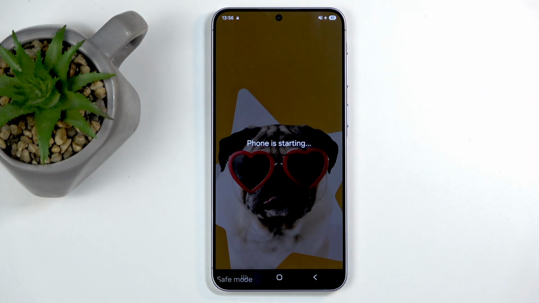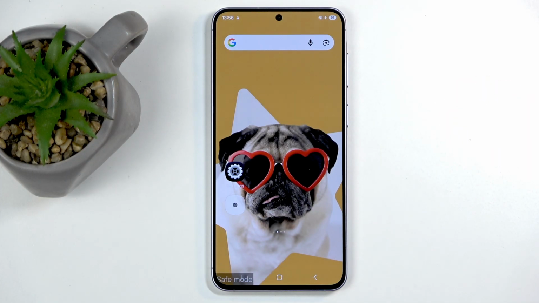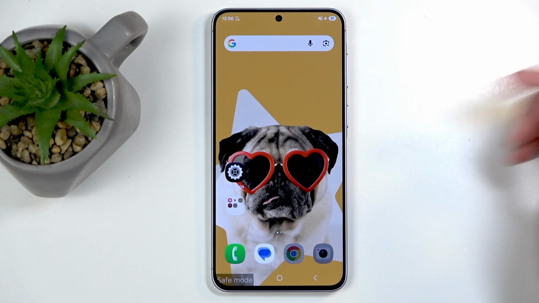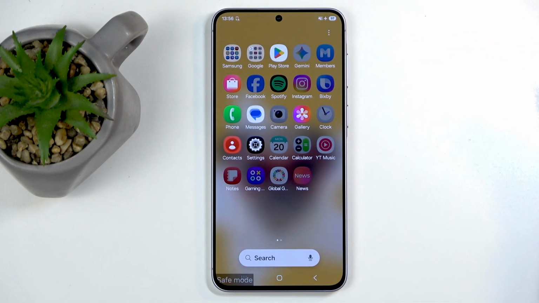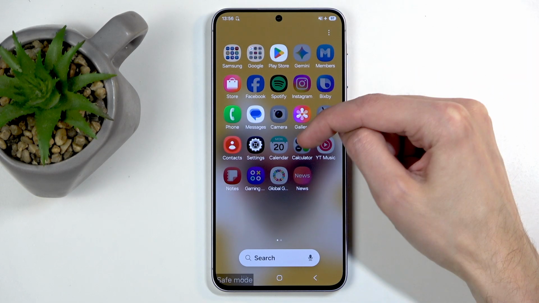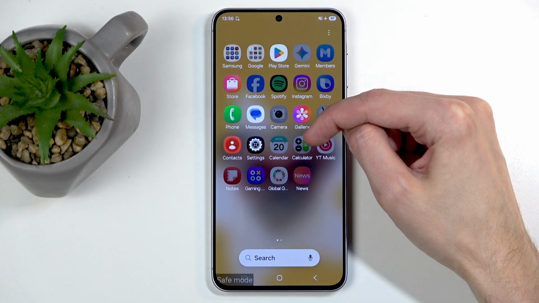Okay, so you can see we're now back in Android. We do have this safe mode watermark right here, to let us know that we're in the desired mode. And while we're in this mode, a lot of the applications that are on Samsung will not work. So these, for the most part, are primarily default applications, and you can see there is a heap of them that will not work, including ones that you would expect to not be affected, like camera, clock, calendar, calculator, and